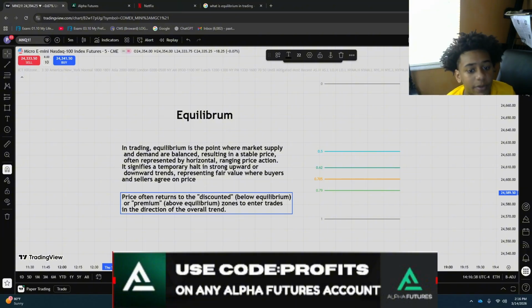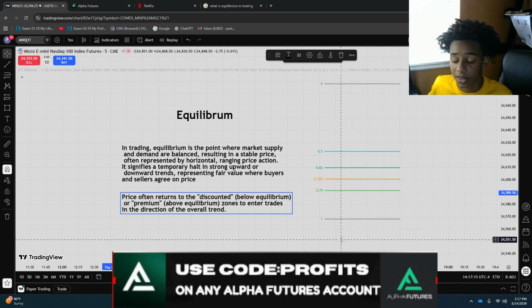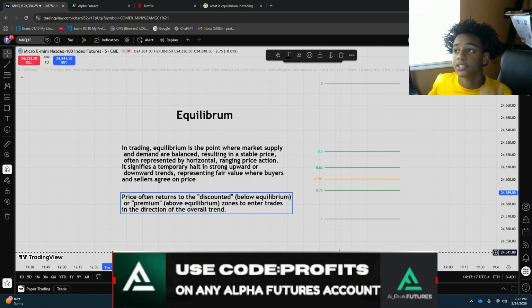In trading, equilibrium is the point where market supply and demand are balanced, resulting in a stable price, often represented by a horizontal ranging price action. It signifies a temporary halt in a strong upwards or downwards trend, representing fair value where buyers and sellers agree on price. Price often returns to the discounted or the premium zones before entering trades in the direction of the overall trend. So equilibrium is basically a retracement into the 50% or less or higher of the range of